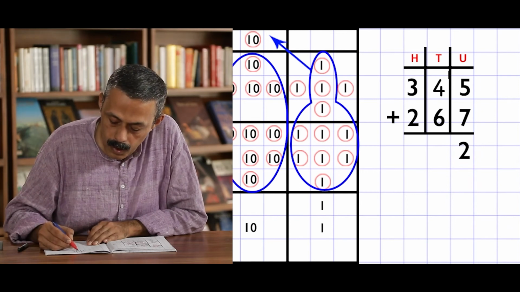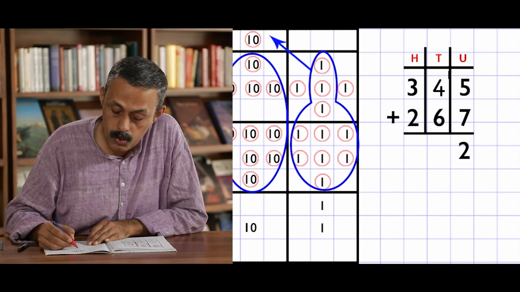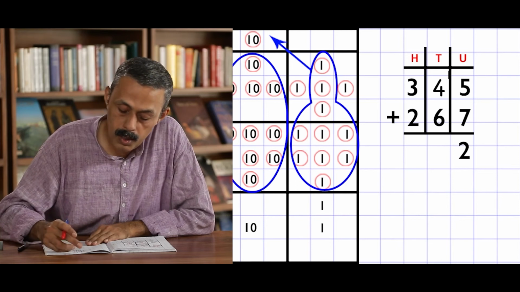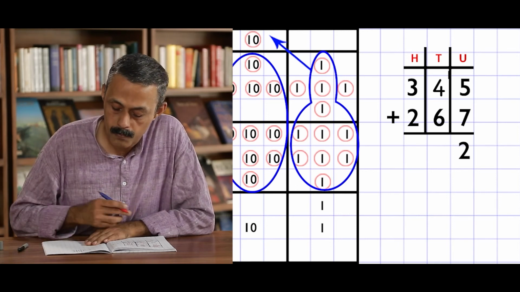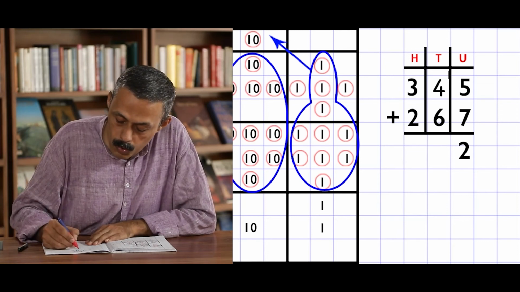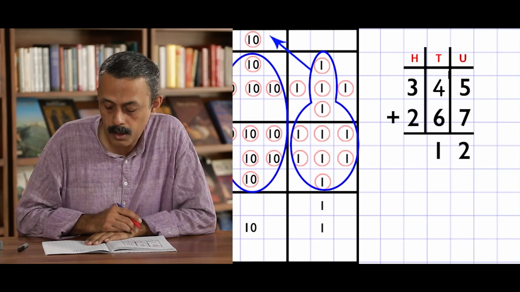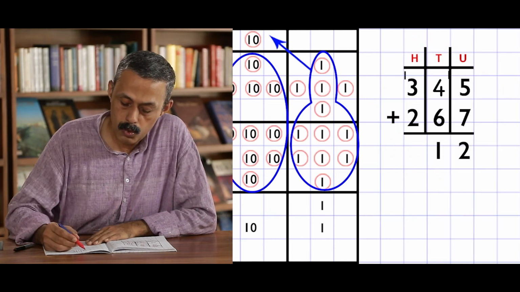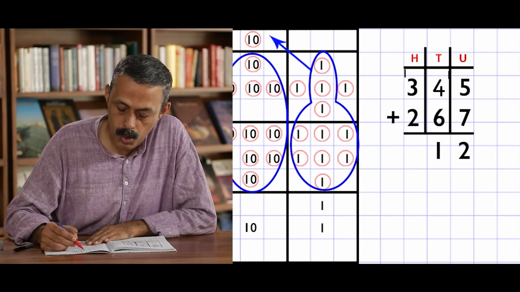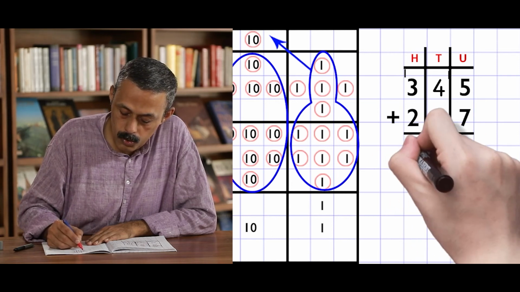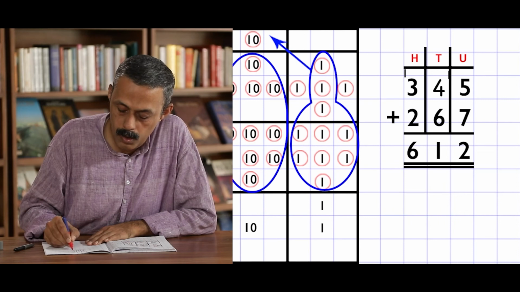And to this, we should add 6 tens. So, totally, there are 11 tens. I have to make a group of 10 tens and give it to the next place. We got 11 tens here, right? Out of the 11 tens, I can write 110 here. What did we get when I made a stack of 10 tens? I got 100. This 100 plus 300s give us 4, and then we add 2, 4 plus 2, 600s. So the sum is 612.